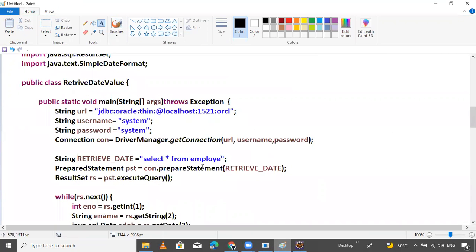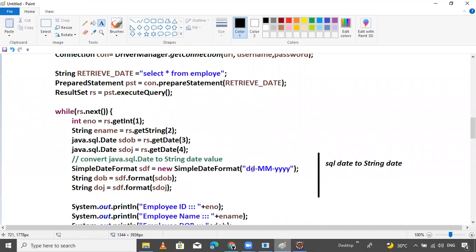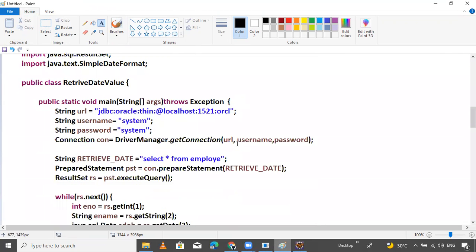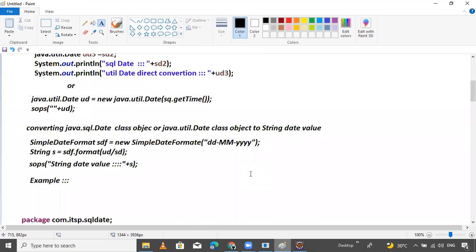Here is the printing of the data, and here the establishing of the connection. This is a simple example. Insertion is also simple and data retrieval is also simple.